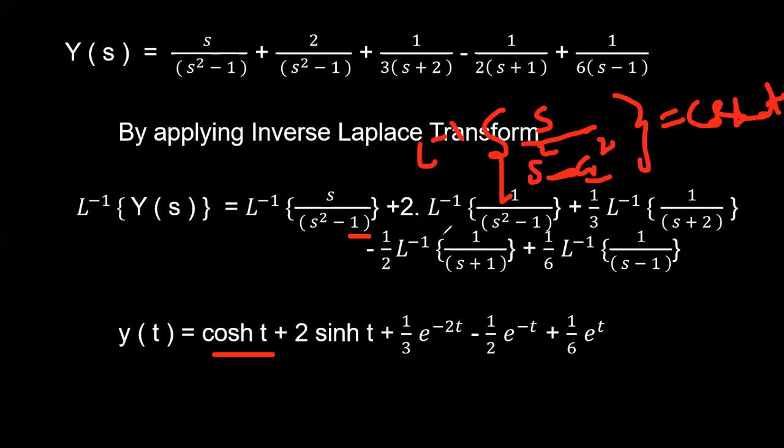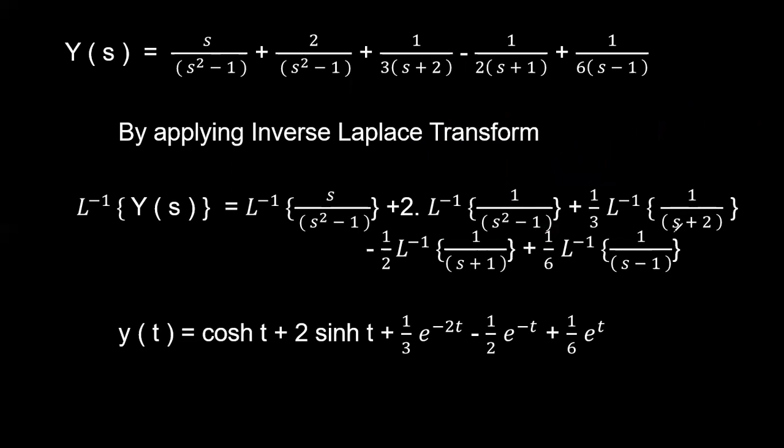So now if you simplify the second function, it is 1 by Laplace inverse of 1 by s square minus a square. For this, we have the formula 1 by a sinh at. What is the a value here? a square is 1, so a is 1. So 1 by 1 sinh t into 2, that is nothing but 2 sinh t. All right, now if you go for the third term, plus 1 by 3,